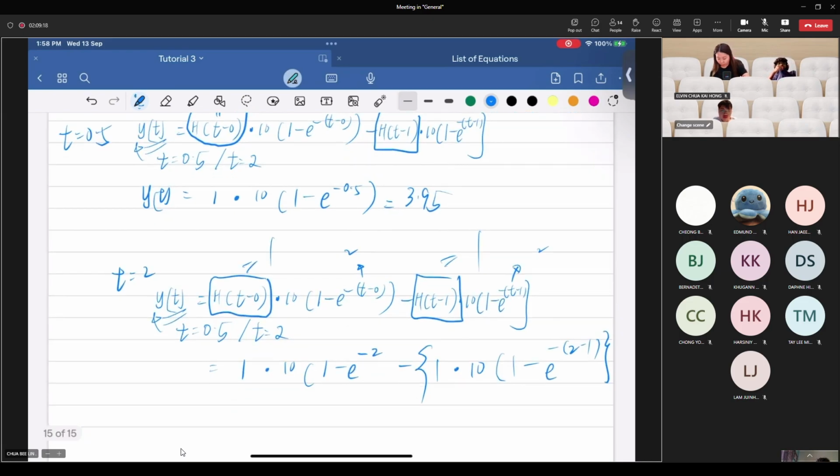And this will give you the answer of 2.3254. This is why you learn Heaviside in Maths 2 and how you relate the Heaviside you have learned to the